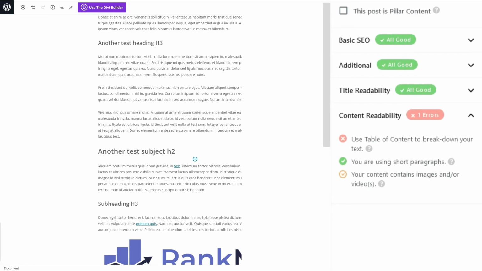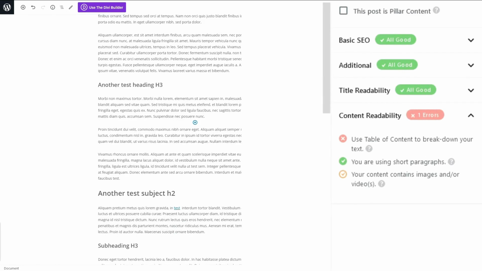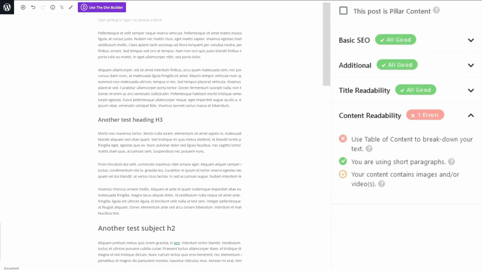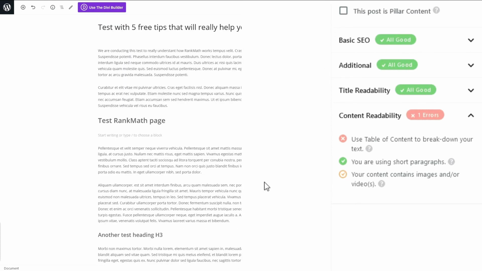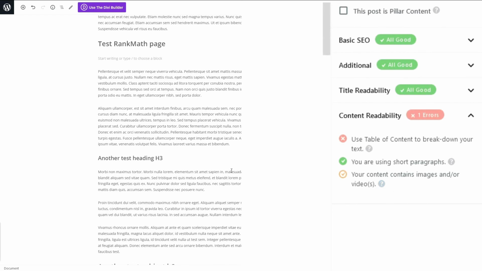And here we go, we are using short paragraphs. Why is that important? Well, short paragraphs read easier for visitors. That's true, so they have a good point right there. Your content contains images and or videos. Well, it is